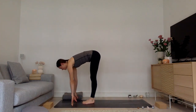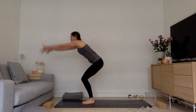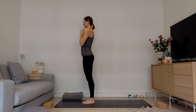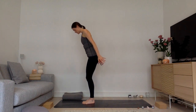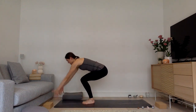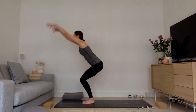And flat back, breathe in. And fold forward, and breathe out. Reaching, expand upwards, inhale. And hands through heart center, exhale, into Tadasana. From here, start to bend your knees. You can gently slide your fingertips across the floor, and sink into